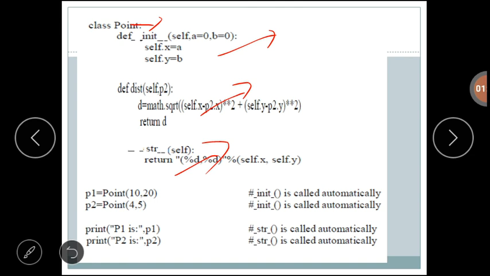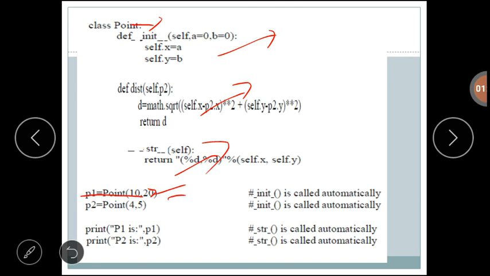Here we have the statement P1 equal to point of 10, 20. While executing this statement, it will call the init method automatically.